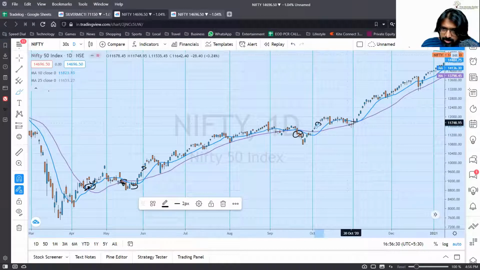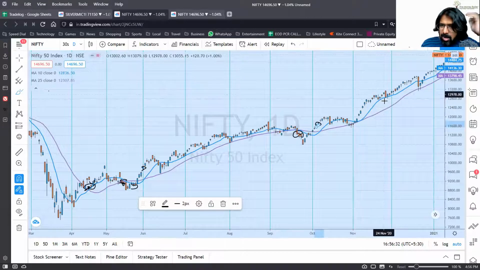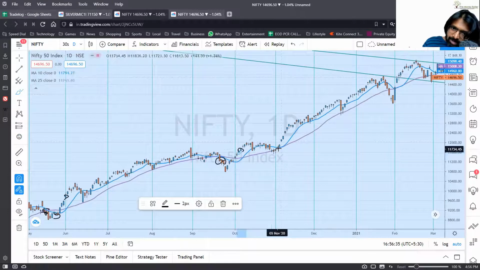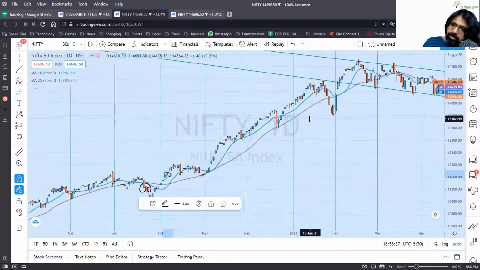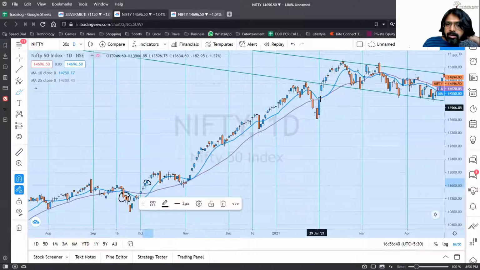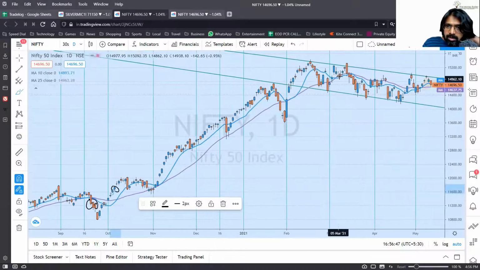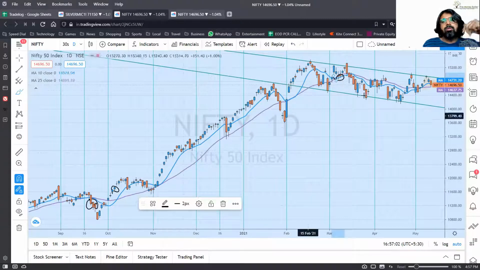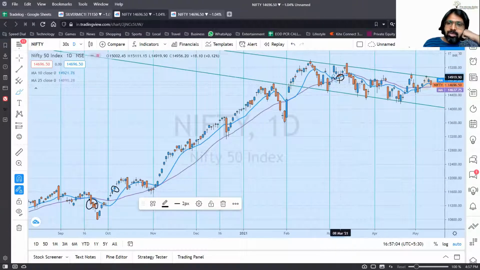Now in this long trade, the blue line stays above the purple line all the way. You see how nicely it's bouncing here from the purple line. Even here the price has taken a drop, but the blue line has not gone below the purple line. All the way till here is where the blue line went below the purple line for the first time. So from 11,800 till 14,200 you are in that long trade, and here you went short.